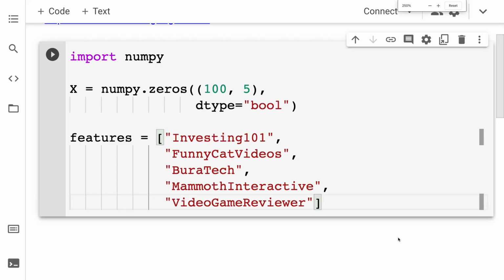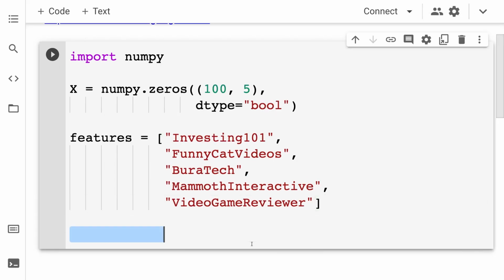All right, so let's create this data set. It's going to contain true if the viewer has seen the video and liked it, and it's going to contain false if the viewer did not see the video. For that, I'm going to go for index in a range of x.shape 0.